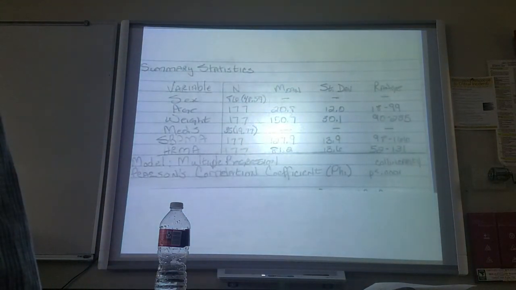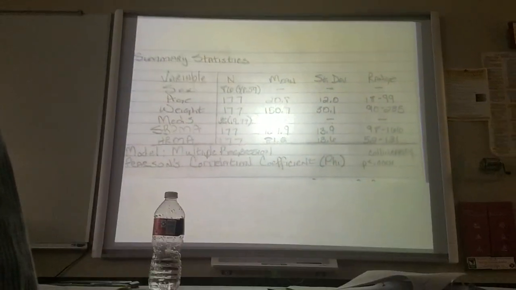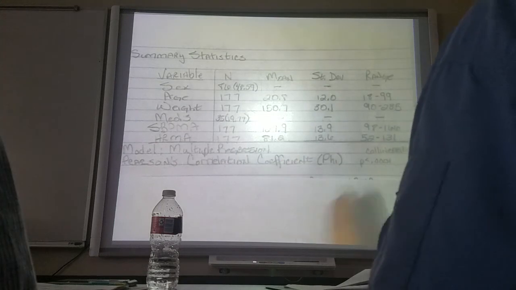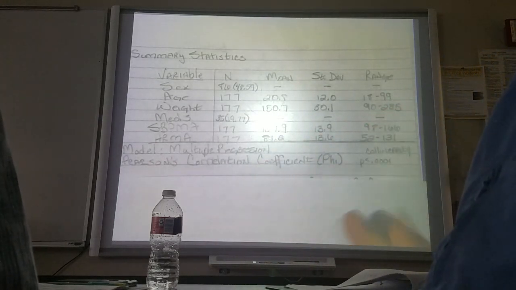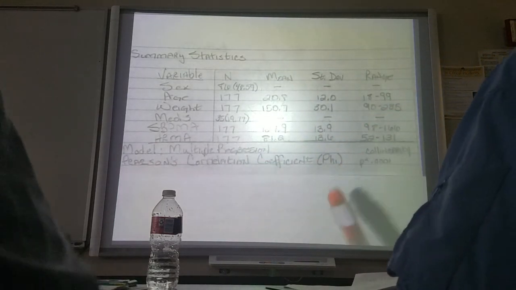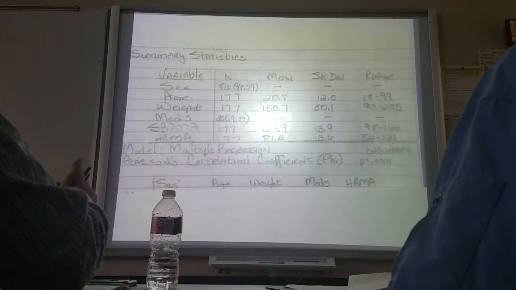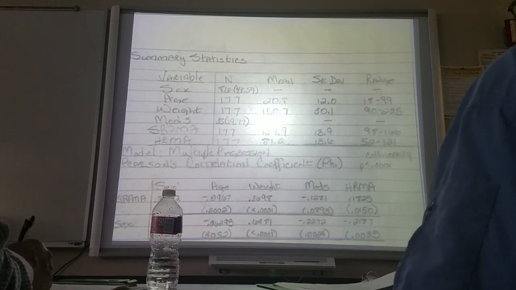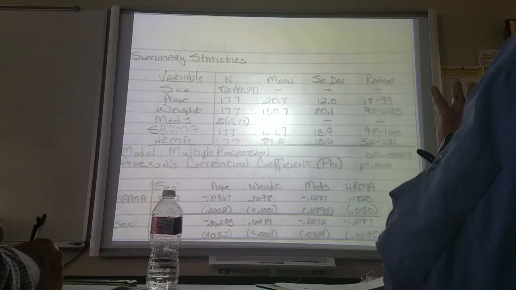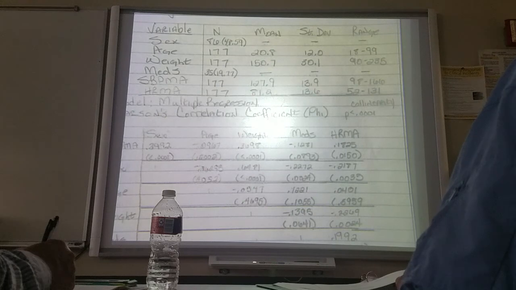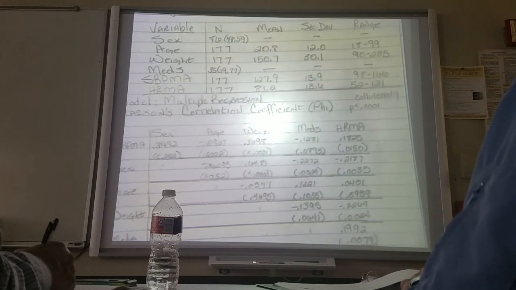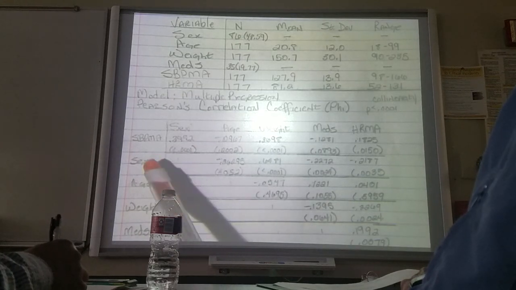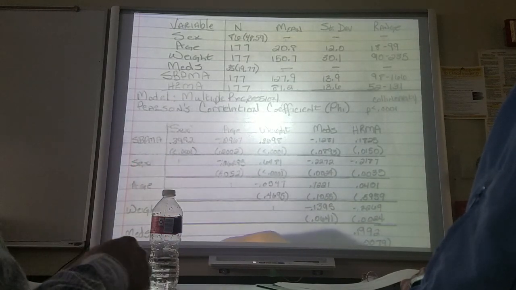Okay, so you're going to give the model, but you're also going to talk about which variables are collinear. The model that I used is the multiple regression model, and my code. Can I show the whole thing? Sure. Let's see, the collinear variables that I came up with were the sex and the HRMA, or